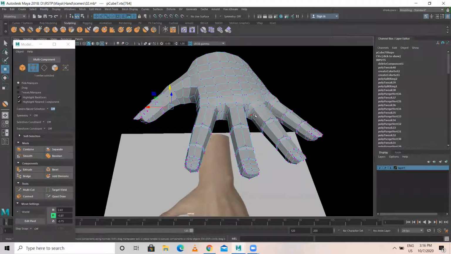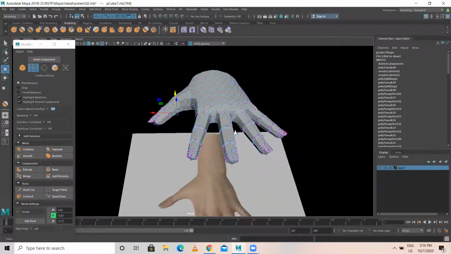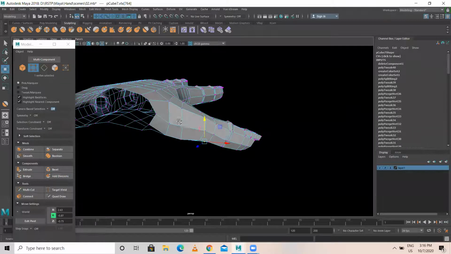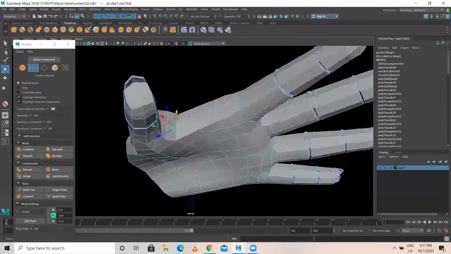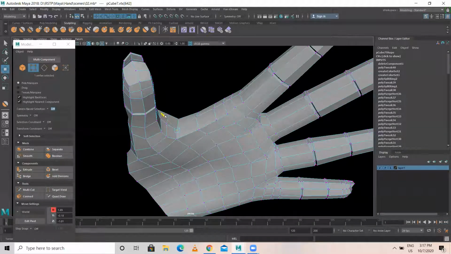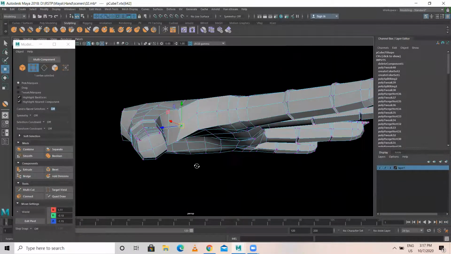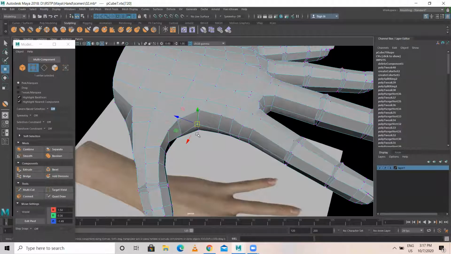It means the rotation is happening in the y-axis, whereas your thumb is not like that. It can rotate in all axes, x, y, z. It can rotate something like that. So we need to have the line flow similar to that. Something like this, like this.